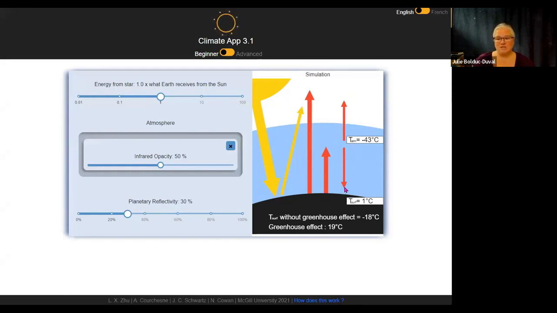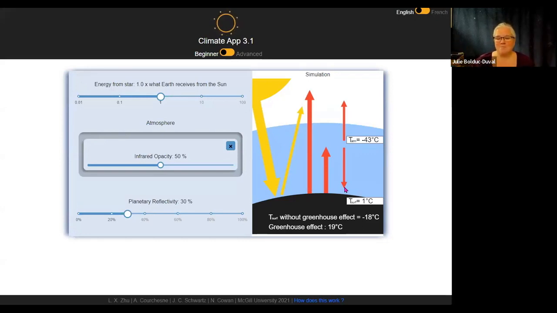Technically, it goes in all directions, but we're just leaving the net effects. Either it leaves the planet or it comes down to the surface and warms up the planet. So we sometimes say that the atmosphere traps the heat. That's a bit of a simplification in the sense that the atmosphere absorbs infrared and re-emits infrared light up and